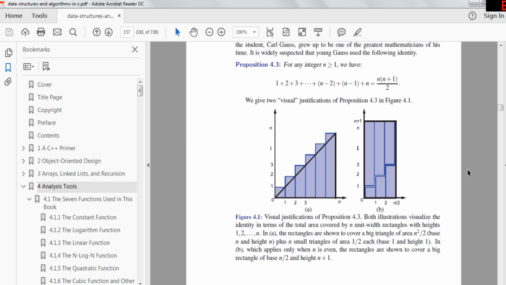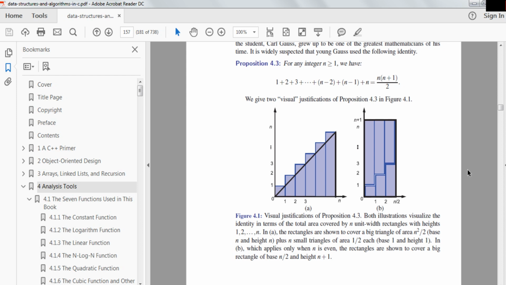So here's the visualization. In terms of the total area covered by n unit-width rectangles with heights 1, 2, up to n. In A, the rectangles are shown to cover a big triangle of area n squared over 2 plus a small triangle of area 1/2 each, with base 1 and height 1. In B, it implies that only when n is even, the rectangles are shown to cover a